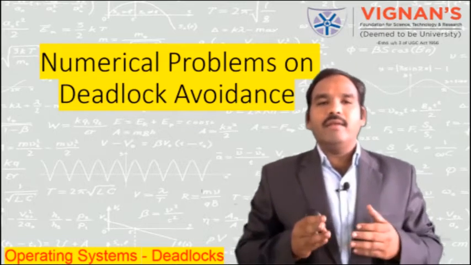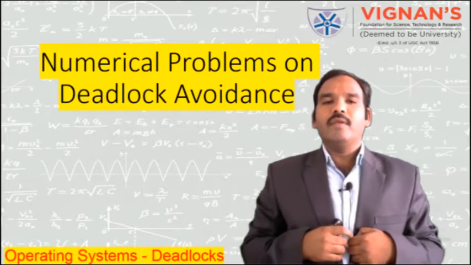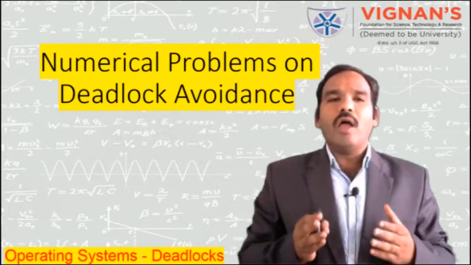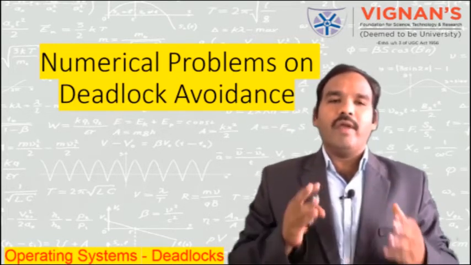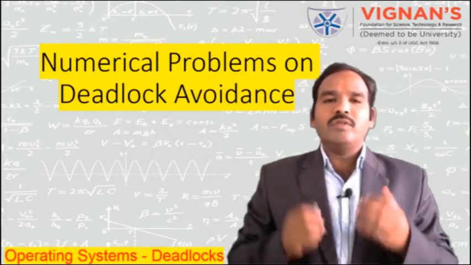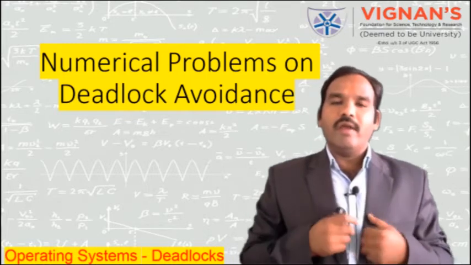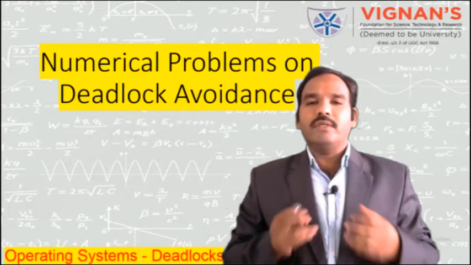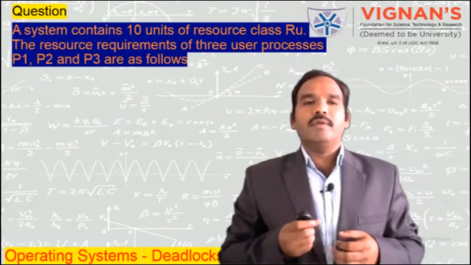You all studied all the issues related to deadlock from Unit 3. In this lecture, you are going to study how to solve a given problem which is related to deadlock avoidance. In particular, most of the numerical problems asked on deadlock avoidance involve multiple instances of each resource type. Let us see a problem here.